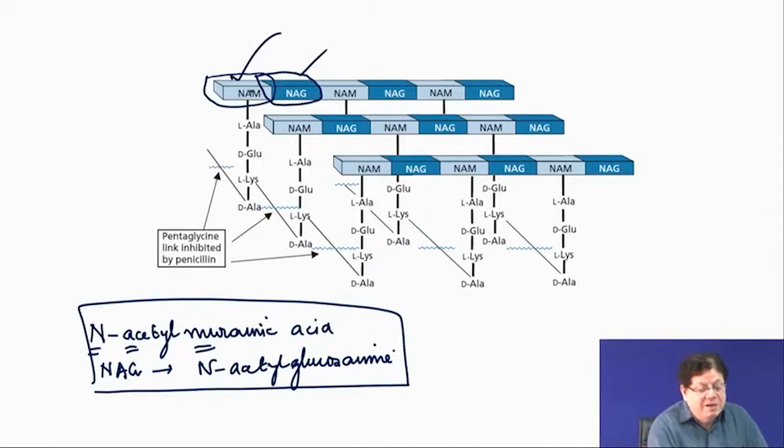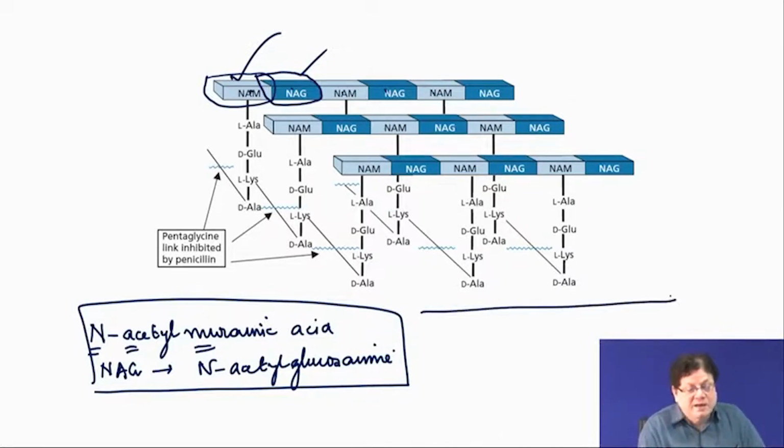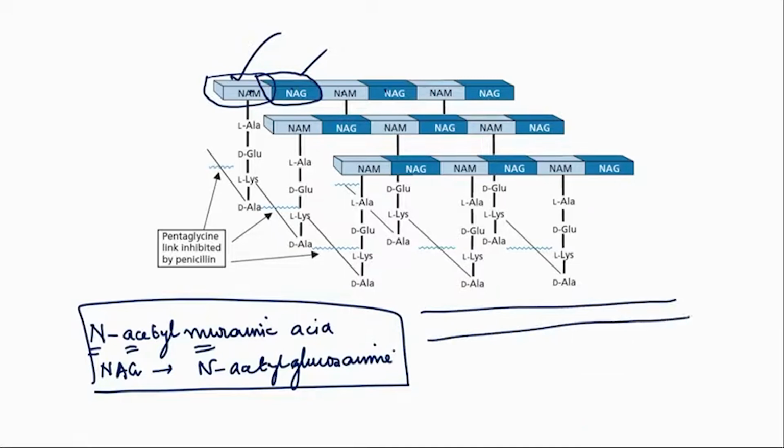NAM then NAG via glycoside linkages, NAM NAG, NAM NAG, NAM NAG. So, this way some chains of sugar is there, then another chain of sugar is there, then another chain of sugar is there, and in each strand of sugar polymer, what you see is that in the NAM, N-acetyl muramic acid, there is a peptide which is attached certainly to one of the hydroxy. So, that is attached, the first amino acid is L-alanine, then D-glutamic acid, then L-lysine, then D-alanine,